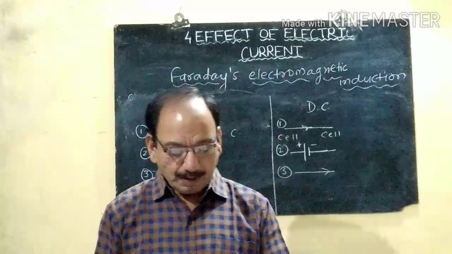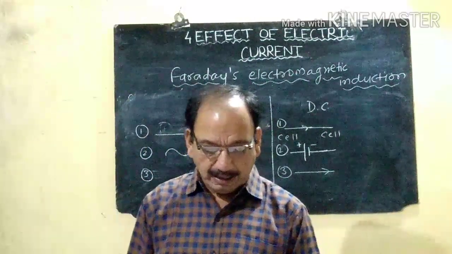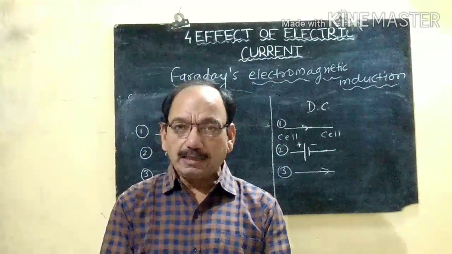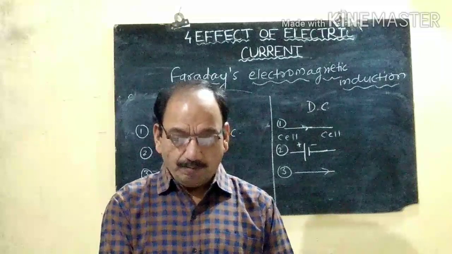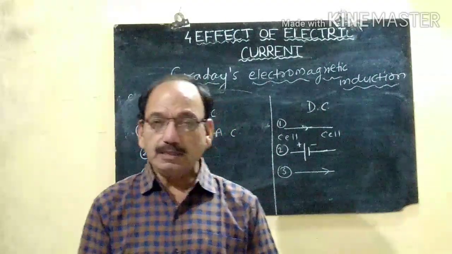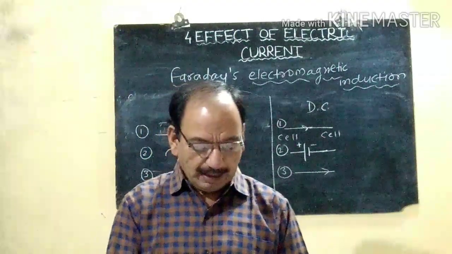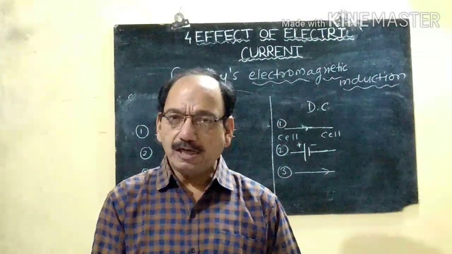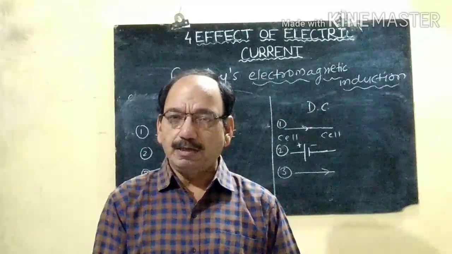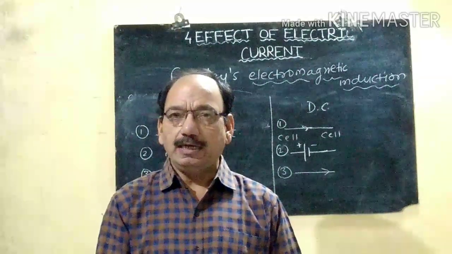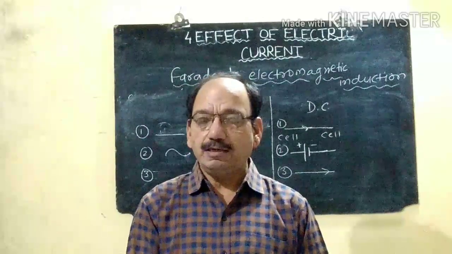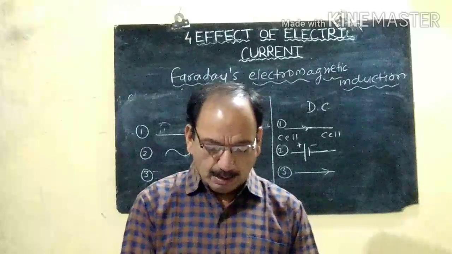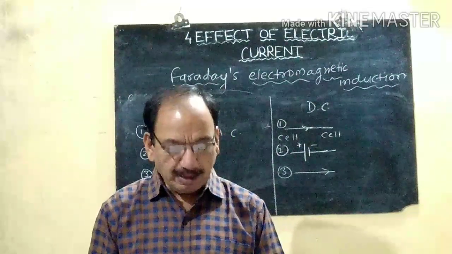In India, the power station generates electricity, and one cycle of alternating current changes in 1/50 second. Means the frequency of alternating current in India is 50 Hz. This question is also asked in the board examination as a fill in the blanks: what is the frequency of alternating current in India? That is 50 Hz.